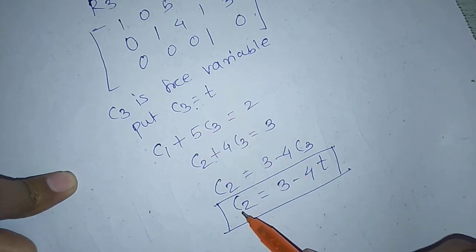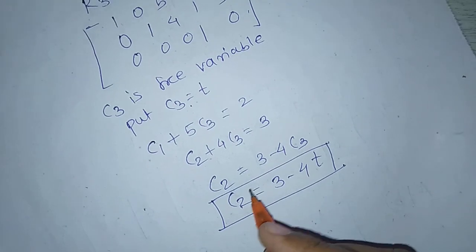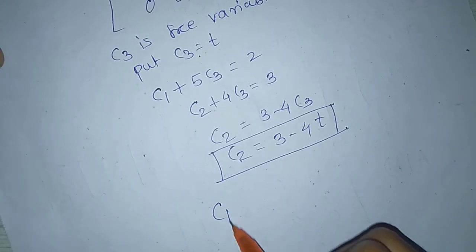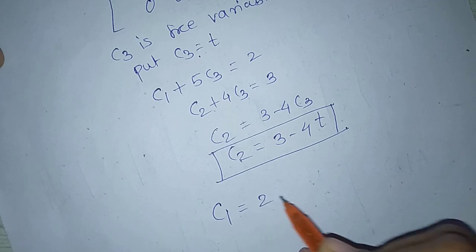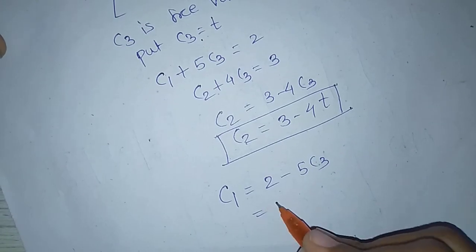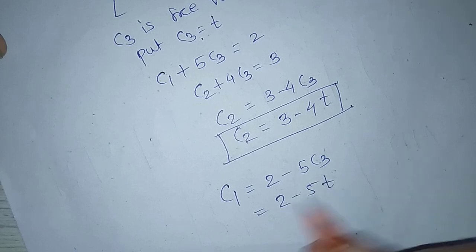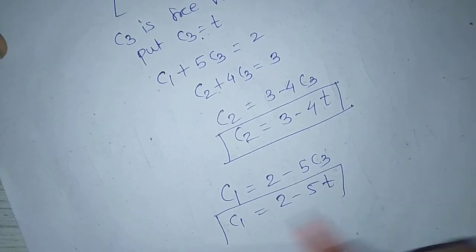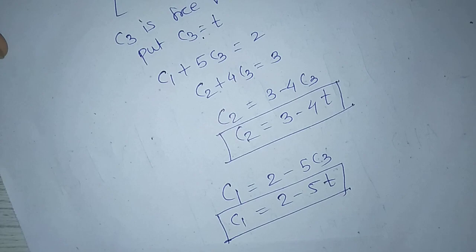We get the values of C2 and C3. Now to find the value of C1, we get C1 equal to 2 minus 5 C3. C3 is T, so C1 equals 2 minus 5T. So